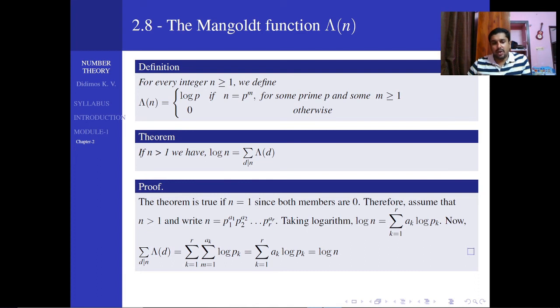Okay, those values will give the non-zero values for lambda. So for the sum over d dividing n of lambda of d, we need to consider all the divisors of n. n is nothing but p1 raised to a1, p2 raised to a2, etc., pr raised to ar. So if we list the divisors as 1, p1, p1 square, p1 cube, etc., we need not consider the divisors like p1 p2 and p1 p2 square, etc., because the lambda value of all those divisors that contain more